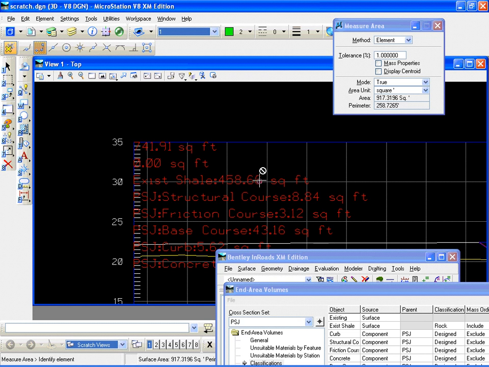Notice that it quantifies the existing shale removal, and it also includes that amount in the total removal. So if I add my values, 458.65 plus the 283.25, I get 741.9, which shows my total removal. If I had used the exclude option, this would only show the 283.25, since the shale wouldn't have been included